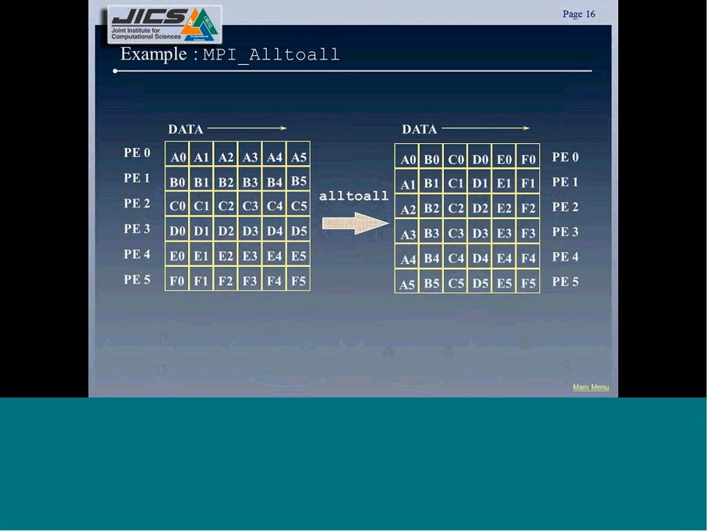So this is the behavior of an MPI all-to-all function. Let's say I have 5 processes, and each process has its own array of either integers or doubles or what have you. As you can see, all of these arrays are different. What the MPI all-to-all function does, mathematically speaking,